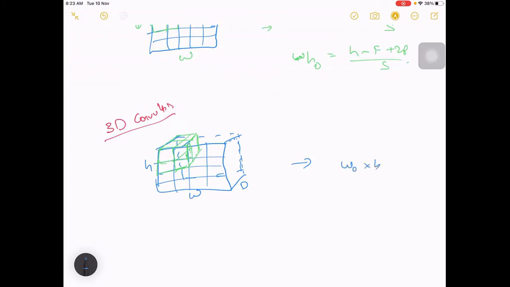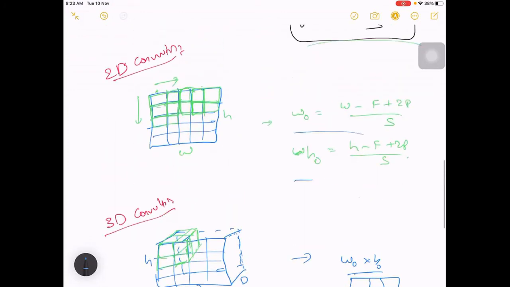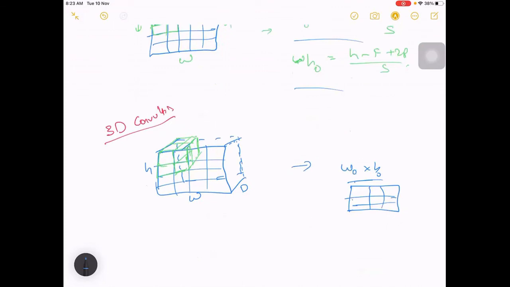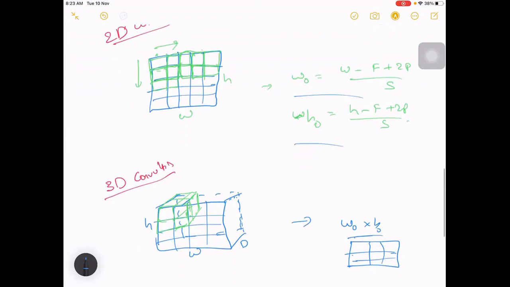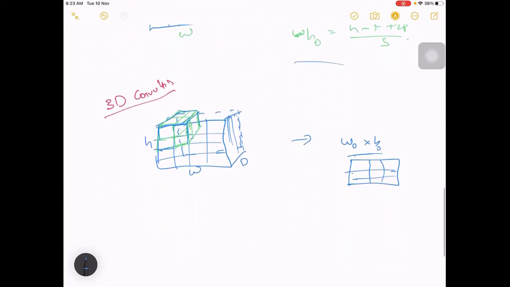So we'll see it in an animation, how the output will be, and the values will be similar. The only change from 2D to 3D is that here it is a 2D filter for 2D input, and similarly a 3D filter, a 3D object, for 3D input. The filter will move across all dimensions, and finally you will add all the values within that cube, so the computation will give one value. Okay, so this is how the convolution will be.